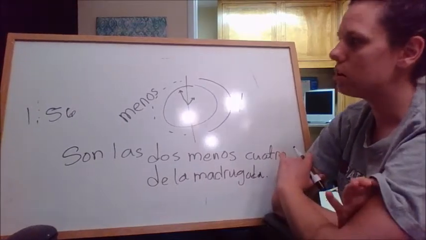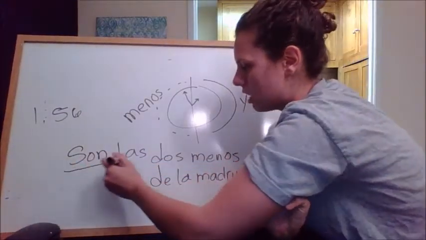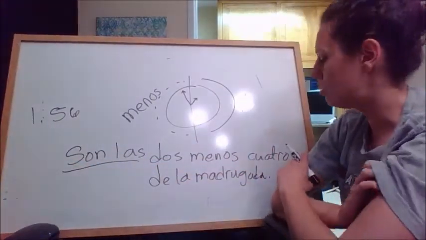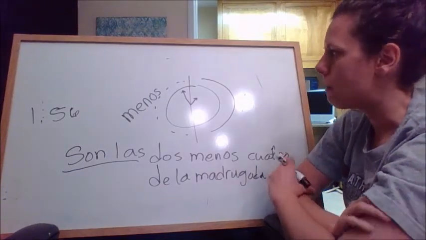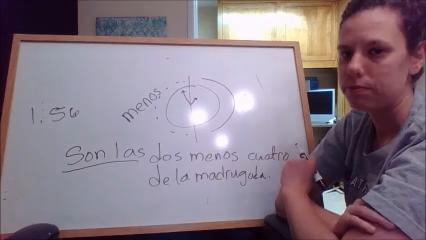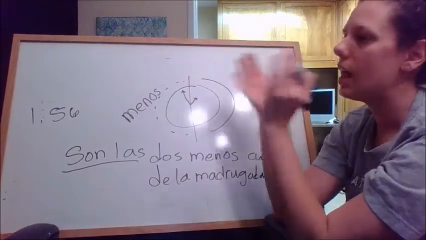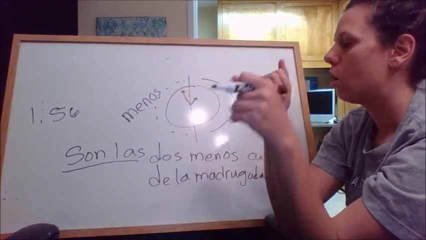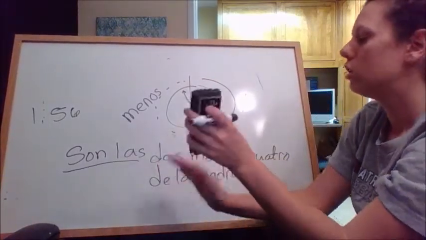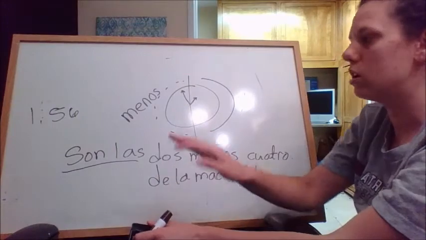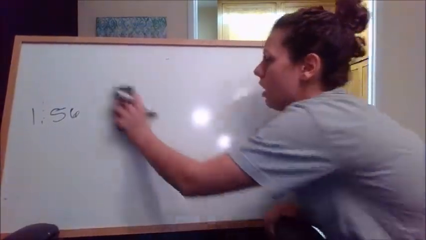Because in the directions it specifically says a complete sentence. This is what makes it a complete sentence. If you just said 2 menos 4, then I would take some points off, okay? A complete sentence means you have to have a verb. So to have a complete sentence is es la 1:00 and so on, or son las 2 and so on. Okay, so that means it is 2 minus 4, or it is 1:56, or it is 3:15. Which reminds me,